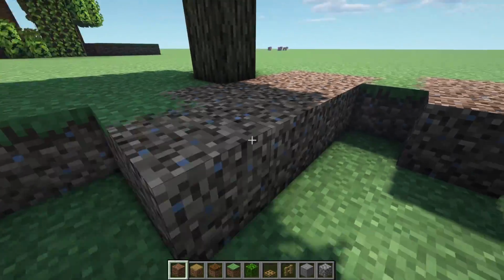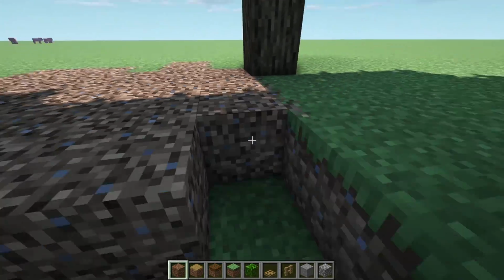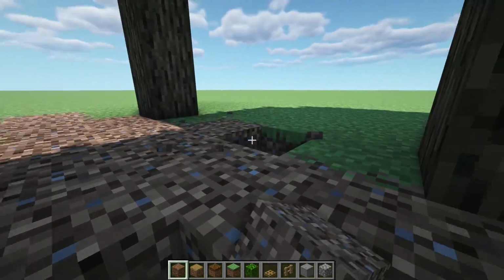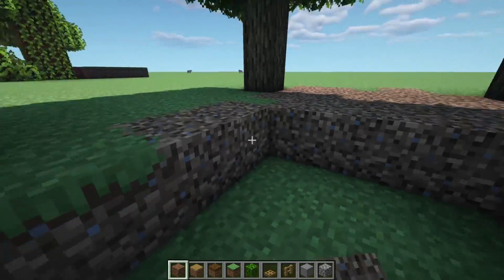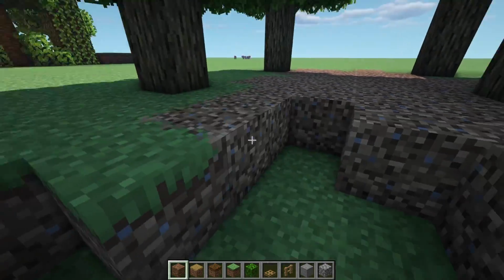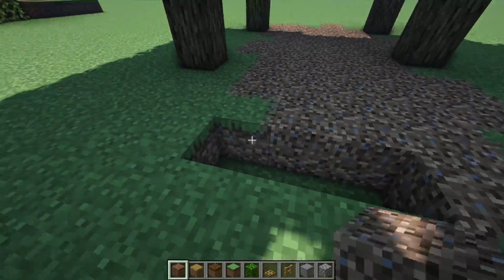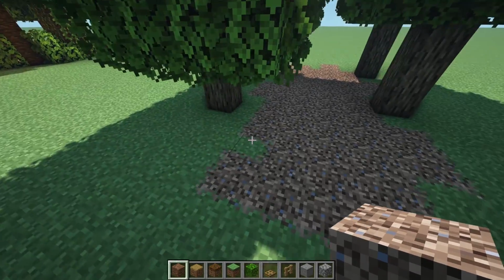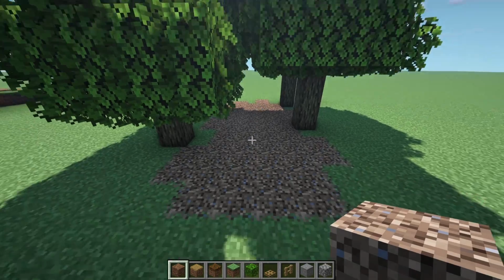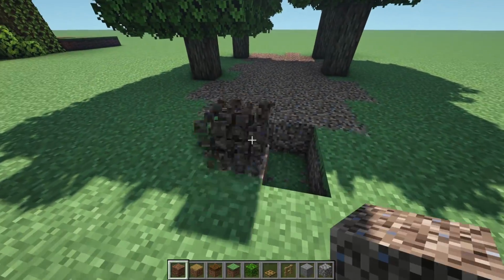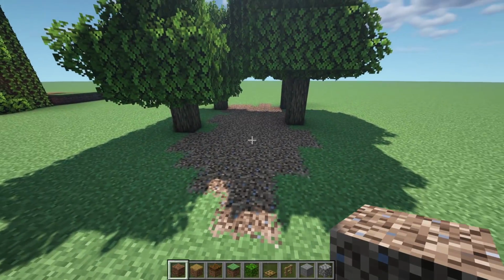So fill all of this in with coarse dirt. That way you get a nice little outline of your path right off the start. So go ahead, fill all of this in with coarse dirt, and then we'll start mixing in some different blocks. So there we go. Here's our path, and I'll expand it out a bit. There we go. That's our general path here, and I think that that is a nice little base layer to